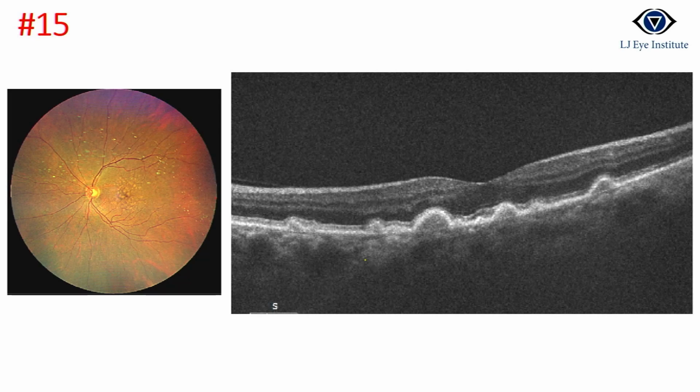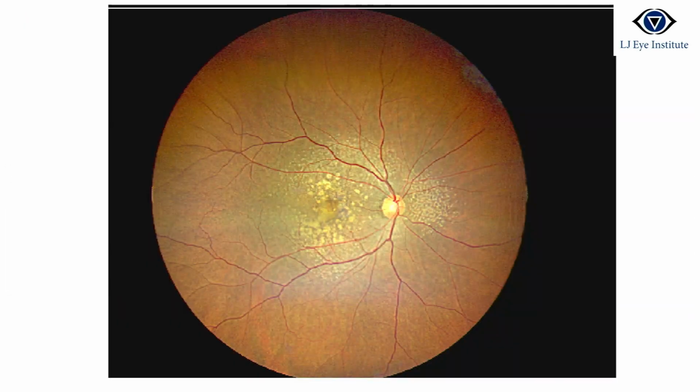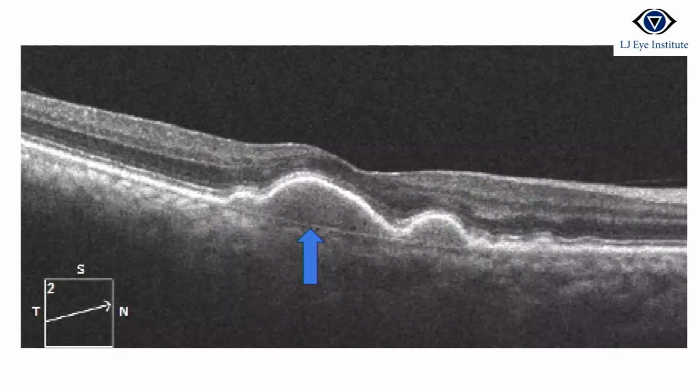Now this patient's other eye also had drusen, but one drusen has to be looked upon very seriously because this is a wide-based drusen, and if it is more than 350 microns, it becomes very important to follow up. So this patient with this drusenoid PED, we have been following every 3 months. This can be a precursor for geographic atrophy, so it needs close follow-up.